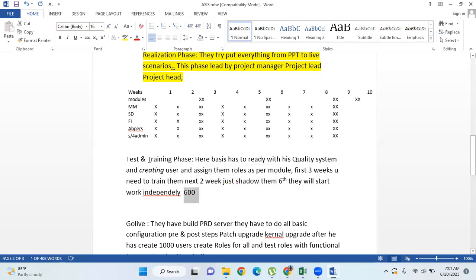So here, they will train how to work in SD, will train about SD, FI will train about FI. And what this basis will do, you create roles. Everything like that is a basis part. Is it possible to train all 600 people, because they are sitting around the world? Some companies may have 2,000 users also. Is it possible to train 2,000 people at a time? No. You have to select